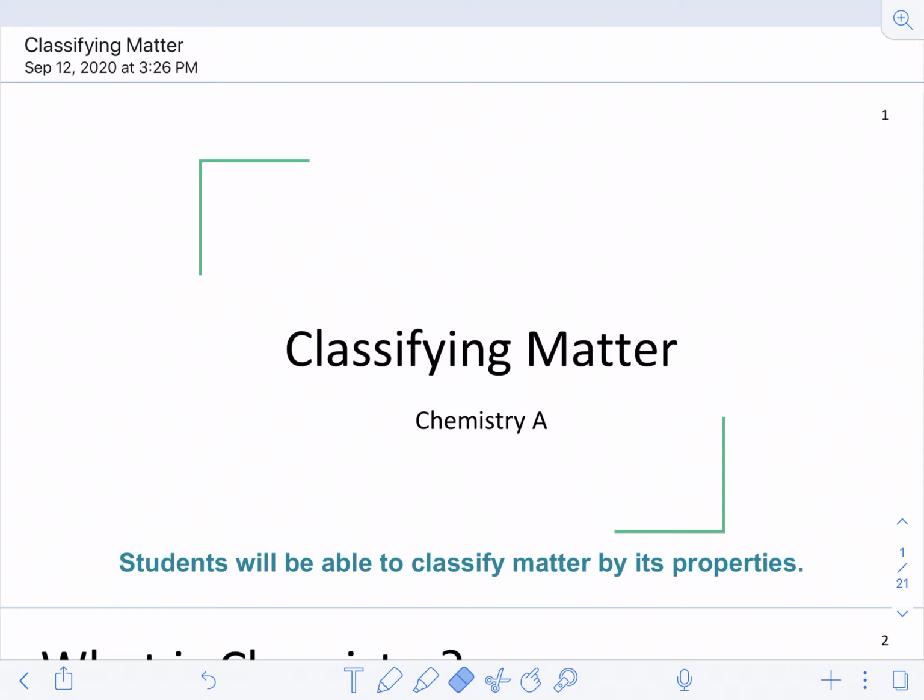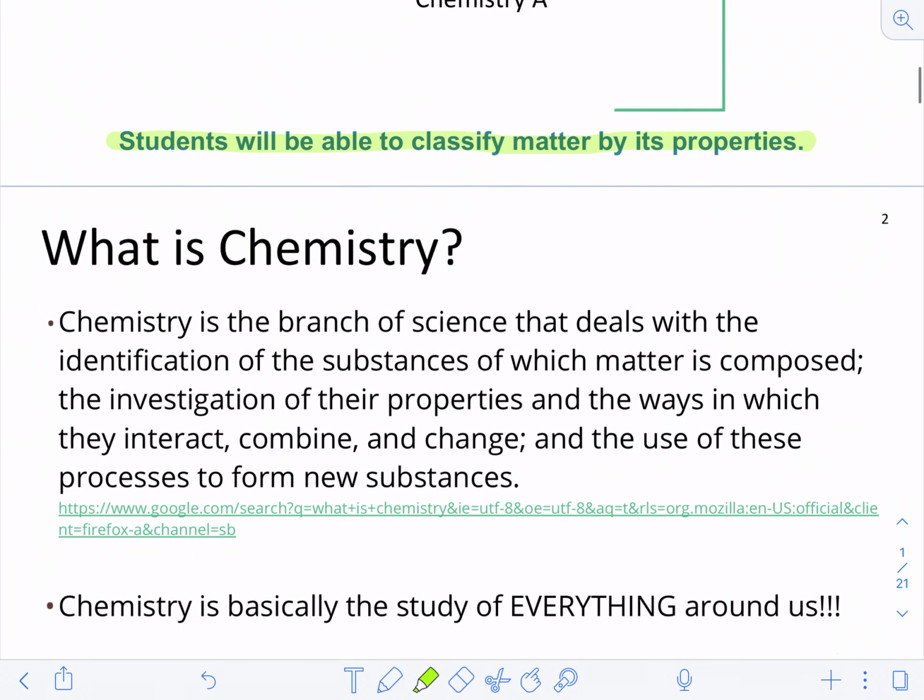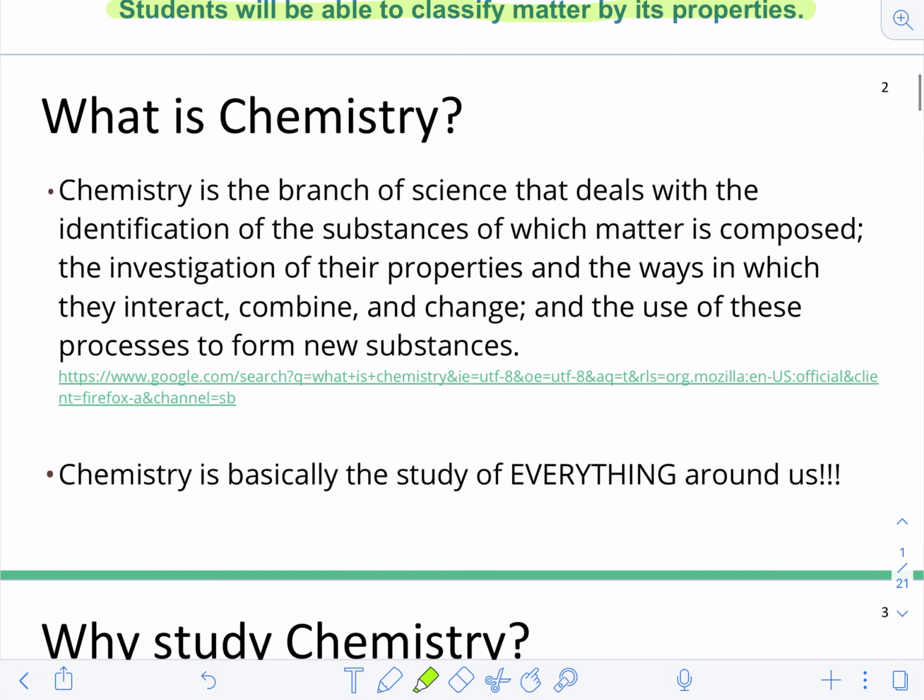All right, so this next unit, or section, is going to be about matter. The goal of this unit is to make sure that you can classify matter based off of its properties. Chemistry deals with identification of substances, and all substances are made out of matter. So first of all, we need to learn about matter. We can figure out how matter can change,